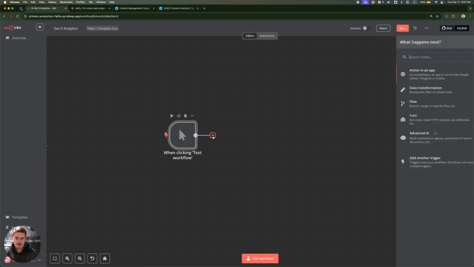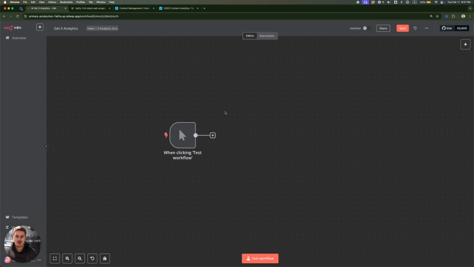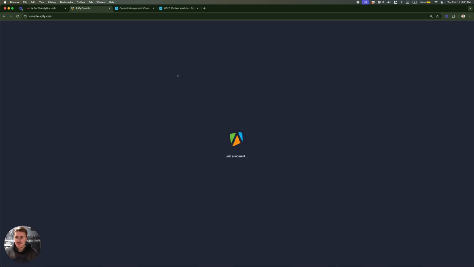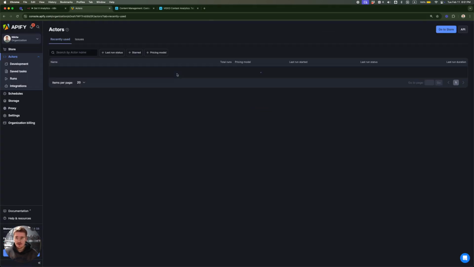So then what we'll use to scrape the main content, essentially we're going to use this tool called Apify. It is essentially a marketplace of scrapers, which allows you to get a scraper for TikTok, Google Maps, Instagram, in our case Twitter or X, etc. And the good thing about it is you can also use it for free,